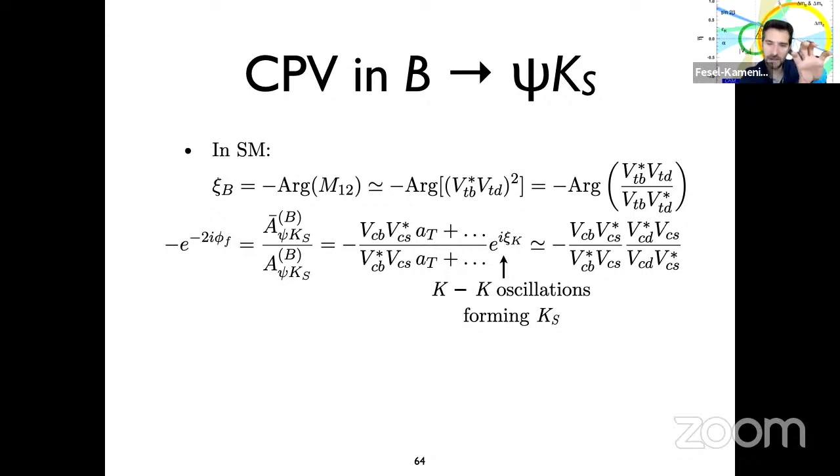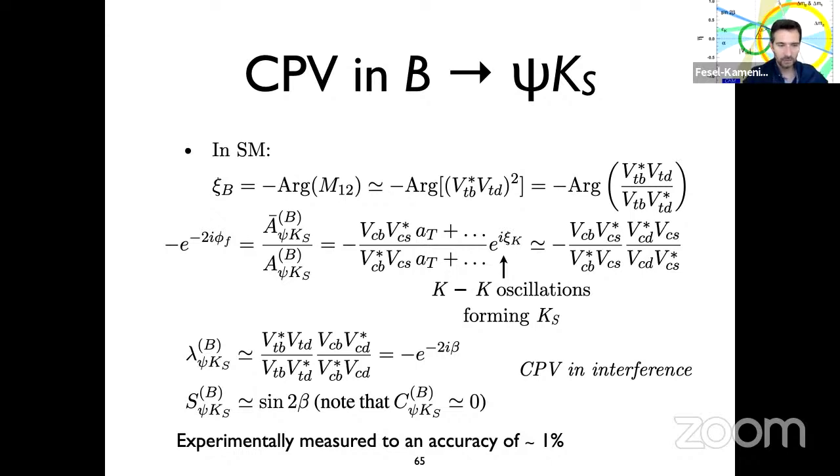Times the phase, times the K naught bar phase difference, which again is similar to the B case. In the KM case, this is being dominated by charm box diagrams. So we obtain another factor of VCD star VCS, VCD VCS star. And plugging all these contributions together, we obtain that lambda psi K short is given by this particular combination of